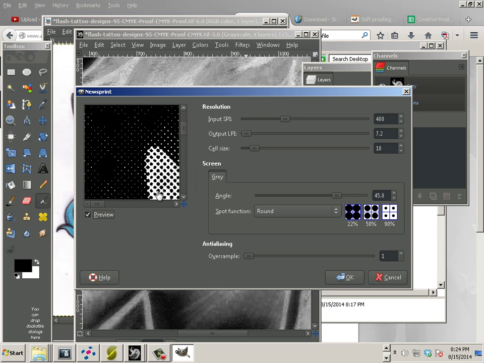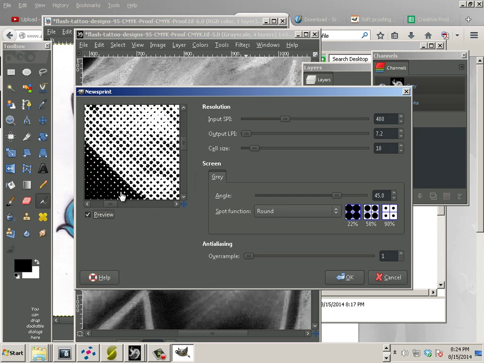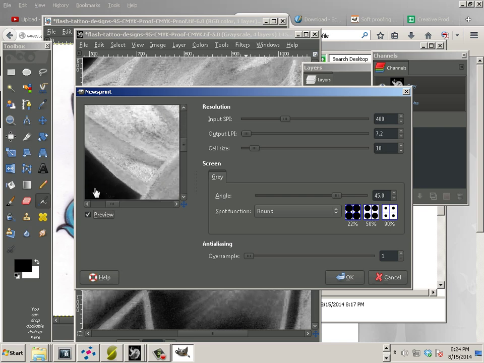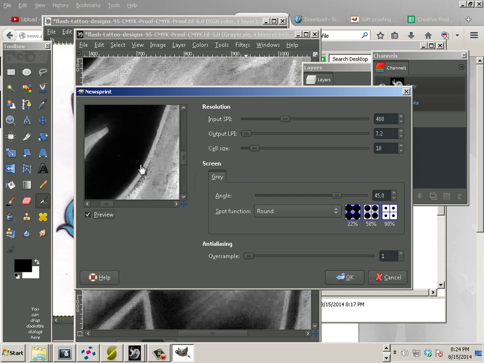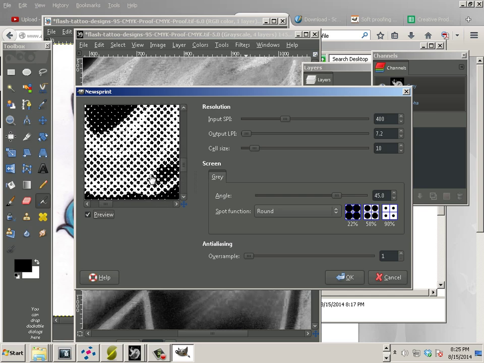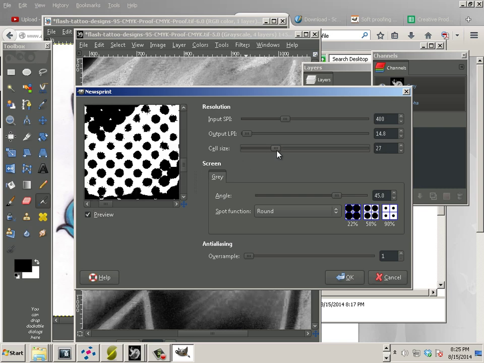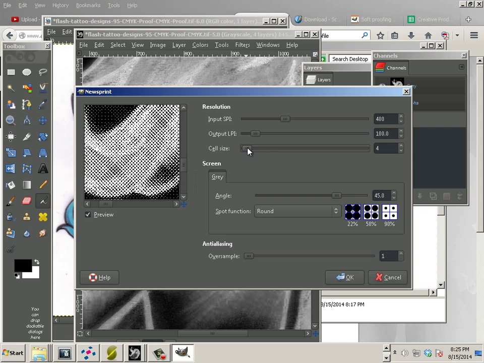Now, the preview here, let's zoom out a little bit, or at least get to an area that we can understand what it is. That one right there is fine. So let's go to cell size, and you can see you can add the cell size either big or small, but let's maybe right about here where the patterns don't show up. So cell size of 5.